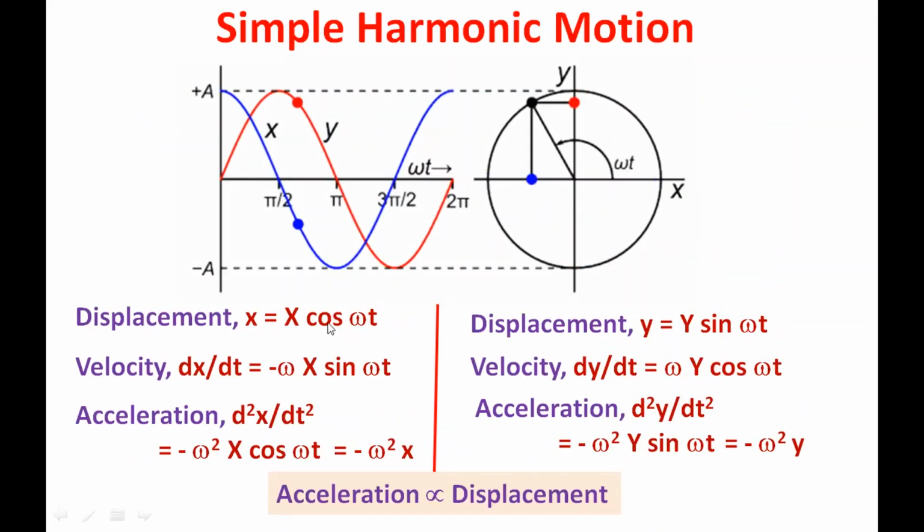So this is the equation for simple harmonic motion. For any member oscillating with simple harmonic motion, we can easily define the displacement, velocity and acceleration. For simple harmonic motion, we can use either sin omega t or cos omega t. But we get an important property, that is, acceleration is proportional to the displacement of the motion. By using this property, we are going to reduce the time domain governing differential equation into a frequency domain equation, as we will see.